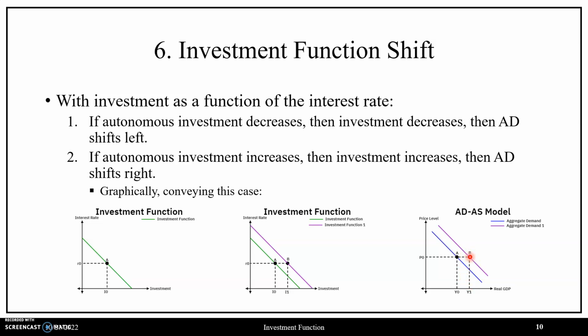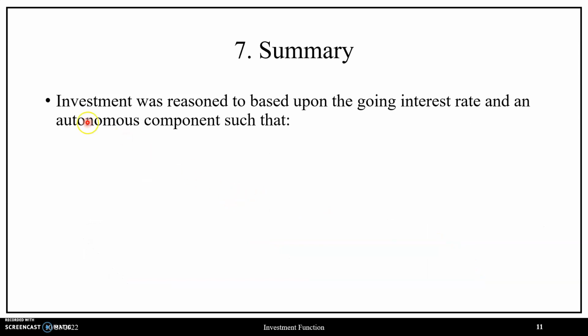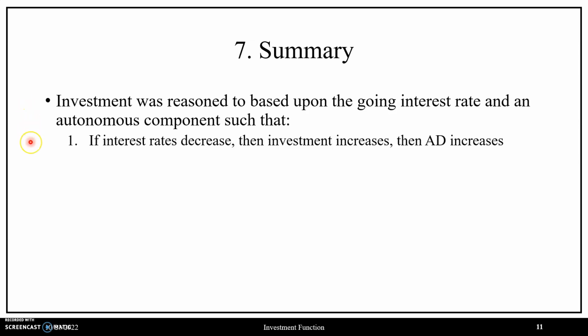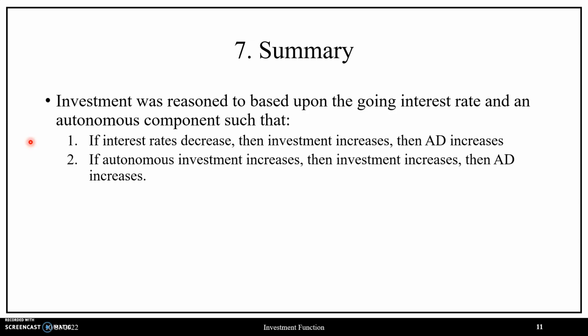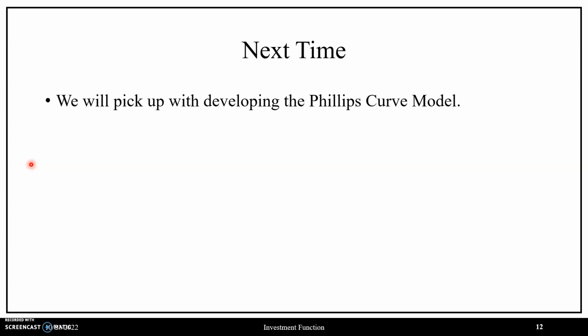So to summarize what we saw, investment was reasoned to be based upon the interest rate, in the form of interest-dependent investment, as well as an autonomous component. If interest rates were to decrease, this would correspond to an increase in investment, which would then correspond to an increase in aggregate demand, whereas if autonomous investment were to increase, this would correspond to an increase in investment as well as an increase in aggregate demand. So now, having revisited consumption as well as investment,